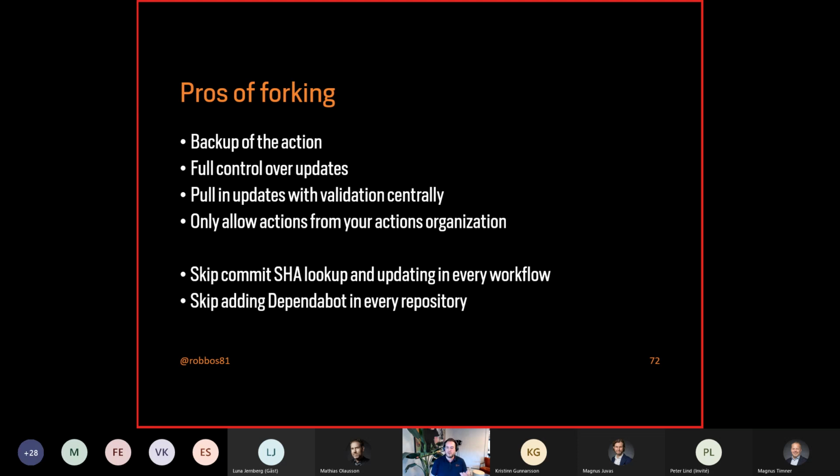And in your production environment, you say, I want to only allow people using actions from my actions organization. Since you now have centralized that security process of updating things and making sure that you're not pulling in weird things, you can now even say, I want to skip the commit SHA lookup steps that I have to take every time with each workflow that I'm creating. It also means that you don't have to update each and every workflow by hand with the new latest SHA lookup. You can even say, I can skip the Dependabot setup in each and every repository in my organization because I've deemed it safe to use the latest version. Or otherwise, still use version pinning and then set up Dependabot to use the latest version. But you've already done the security reviews in the centralized organization.